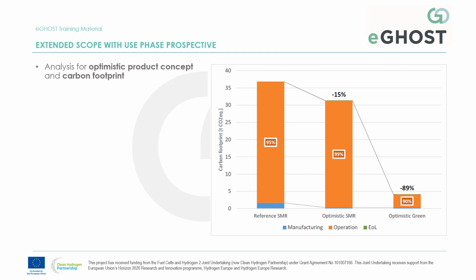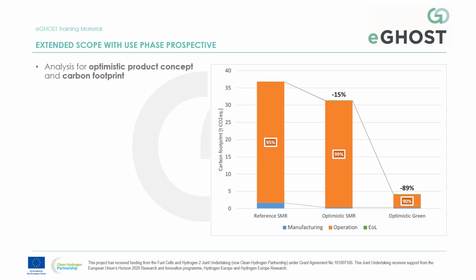So we have the first bar presents the reference stack with hydrogen from steam methane reforming, and then we change the stack to the optimistic one. And first we have the manufacturing phase reduces, also the use phase or the operational phase reduces, and this is due to the extended lifetime of the optimistic product concept in comparison to the reference case. So in total we get this 15% reduction,